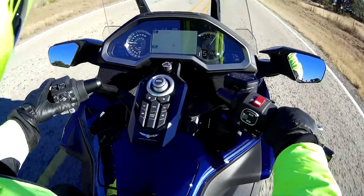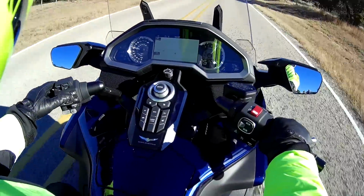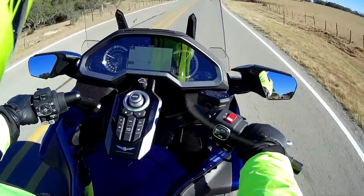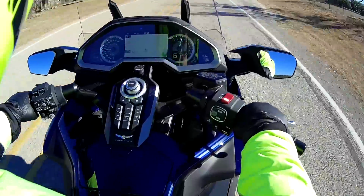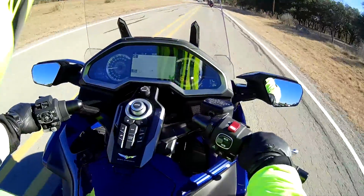And then I can zoom out on the nav with these buttons right here, up and down buttons, zoom in and out on the nav. So one thing you do have to be mindful of when you're playing with this transmission in and out of the automatic and manual modes, when you put this transmission in the